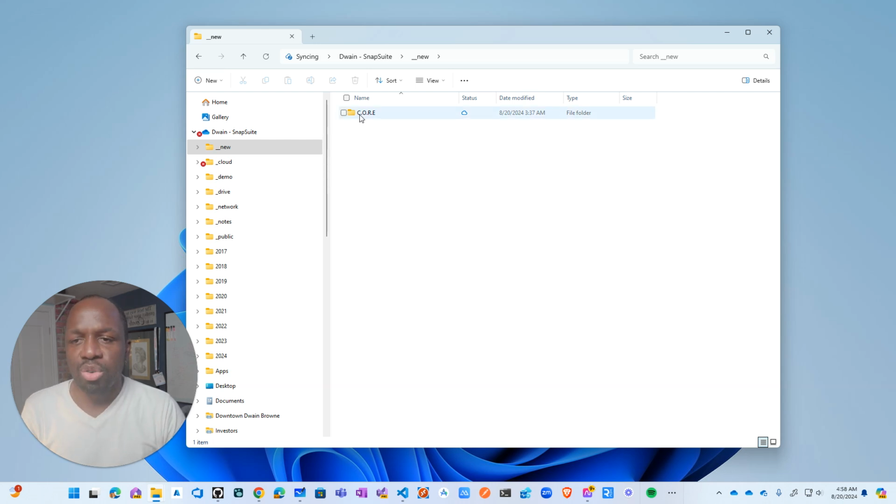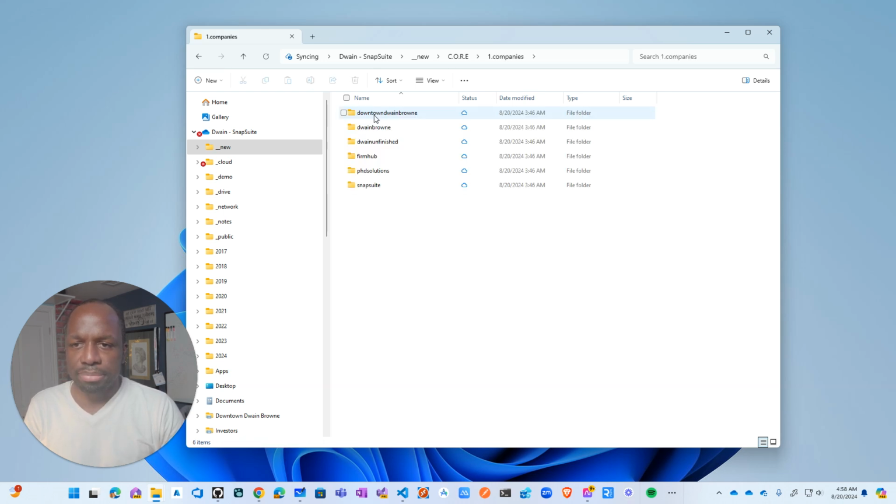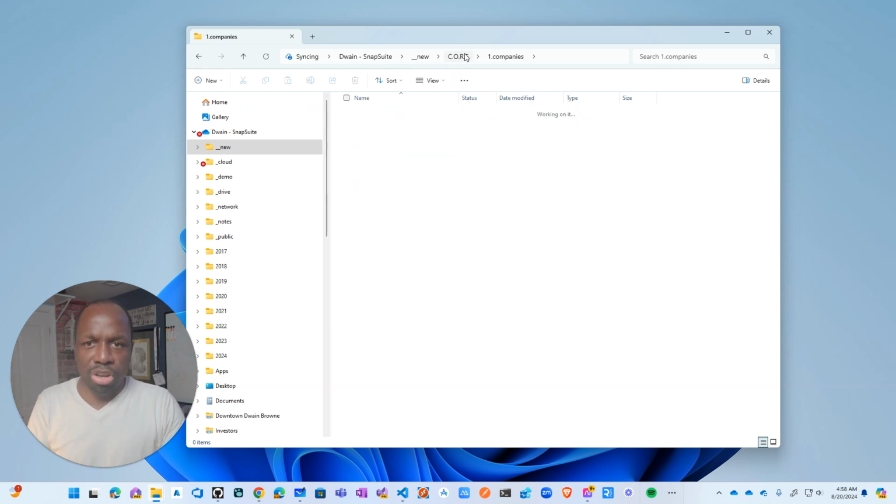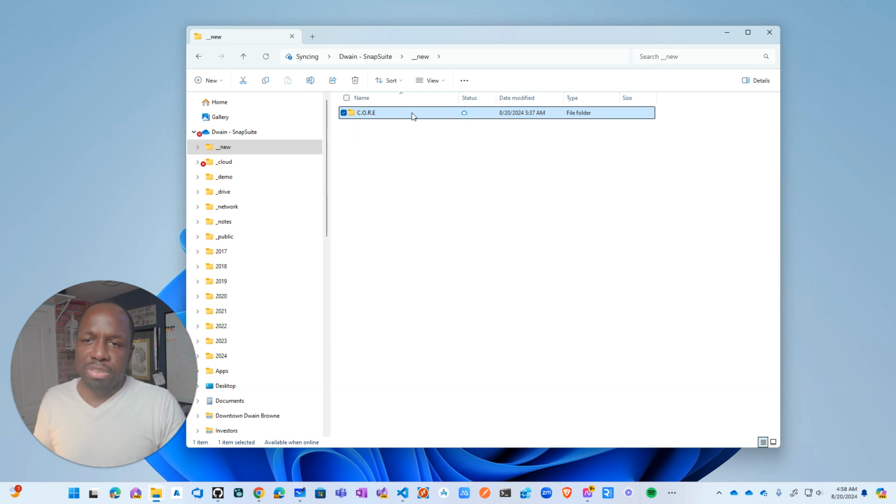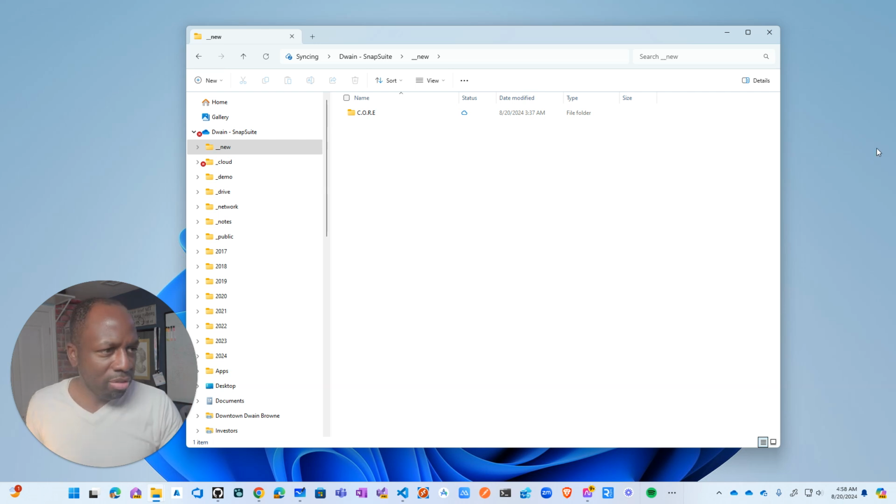So what I decided to do, instead of keeping the same structure for keeping track of... let me just think about this for a second. So basically, instead of dumping my notes in the same structure as my documents, what I've decided to do is create a new folder called C.O.R.E Notes, and I'll show you how I'm going to do that in this